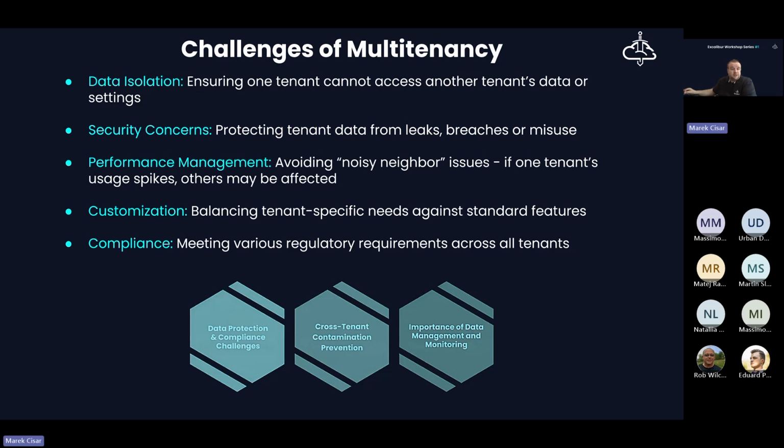Yeah, when we are talking about data isolation, we are also talking about security concerns as well.